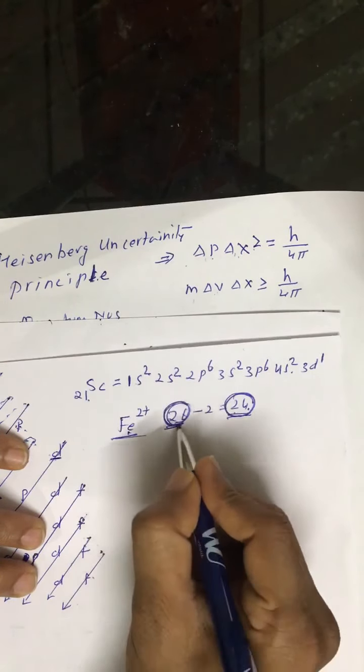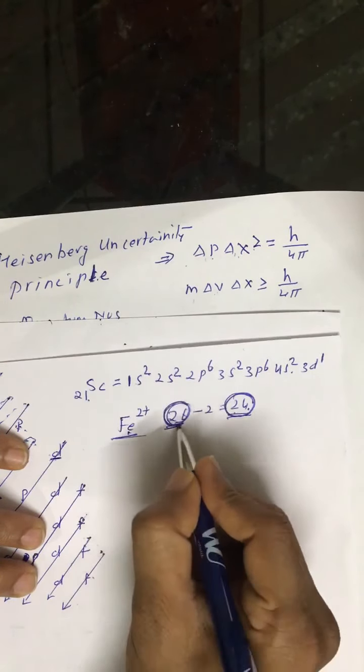Obviously some work is done and some energy is lost, and that energy which is lost is called exchange energy. So due to this half-filled state, d5, it is comparatively more stable. A d5 state is comparatively more stable. Alright, so now what is happening here?